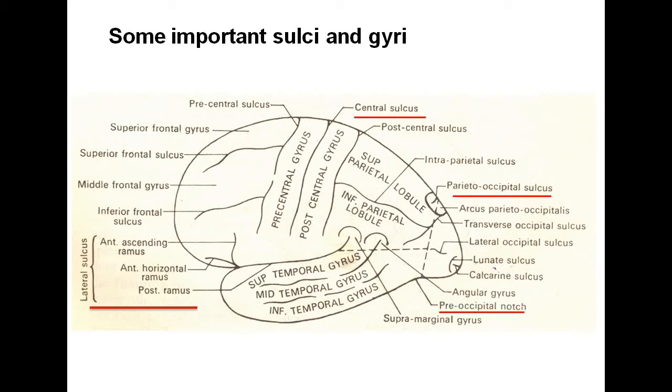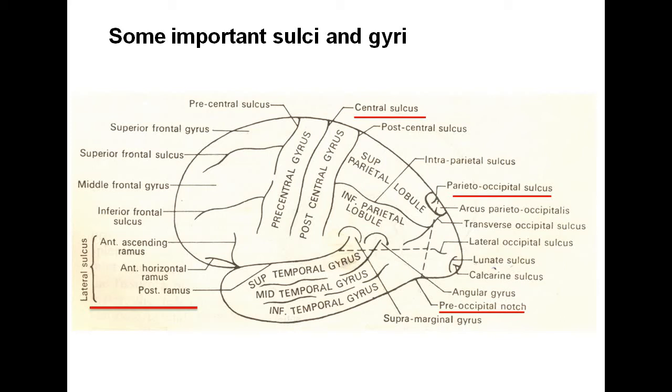According to function, number 1, limiting sulcus. It separates two areas which are different functionally and structurally. Number 2, axial sulcus. Number 3, operculated sulcus, which separates two areas by its lips and contains a third area in the walls of the sulcus. An example of an operculated sulcus is the lunate sulcus. So this is one type of classification of sulci.